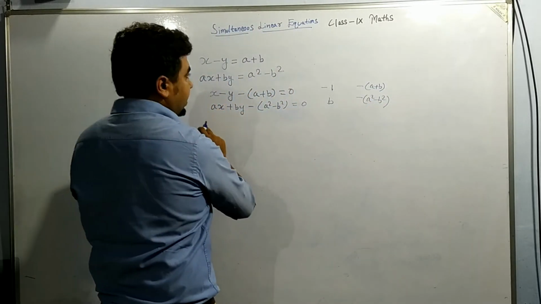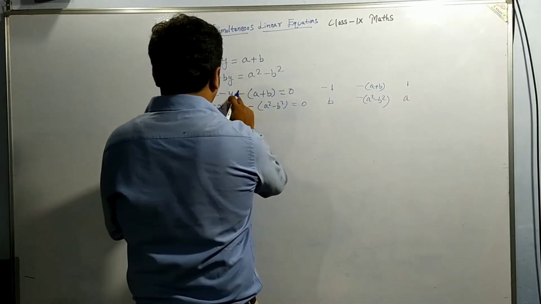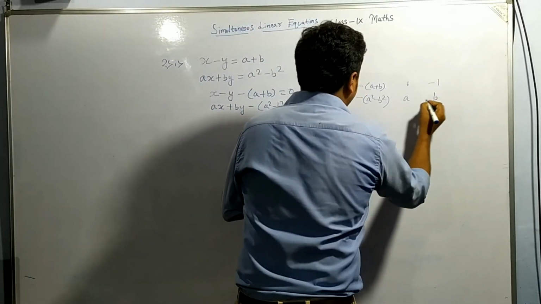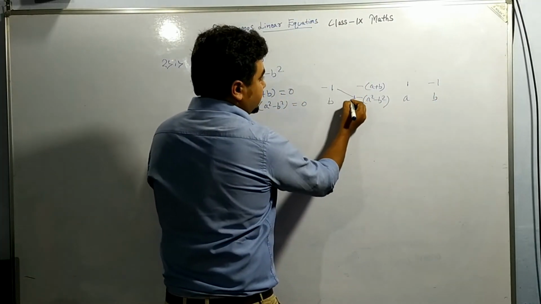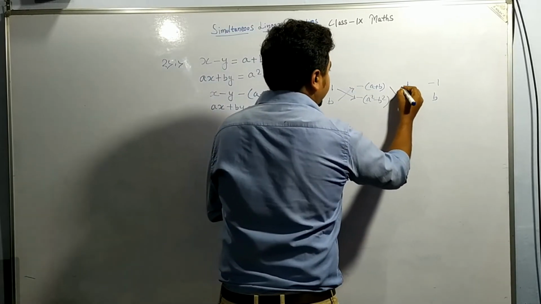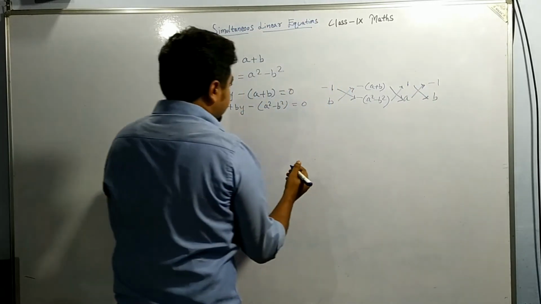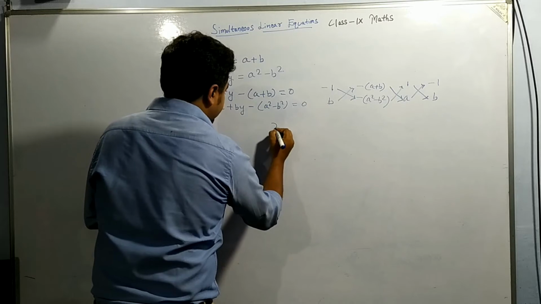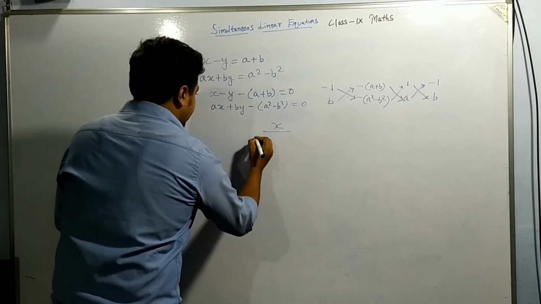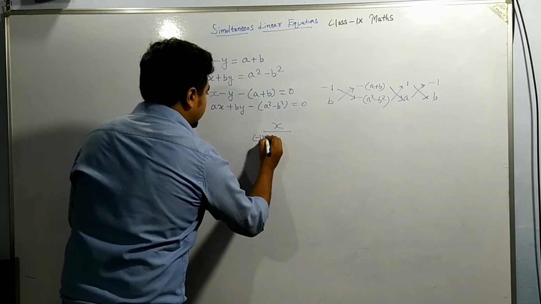And here it is 1 and a. And next term is minus 1 and b again. So again I will be taking from here, down arrow means plus, top arrow means minus. Down arrow plus, top arrow minus. So I will be writing here x by cross multiplication. Minus 1 into minus, so this will be minus 1 into a square minus b square. This minus is also there.